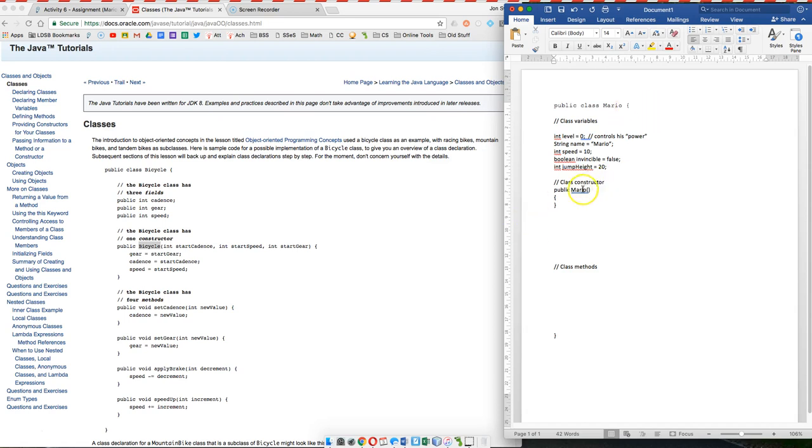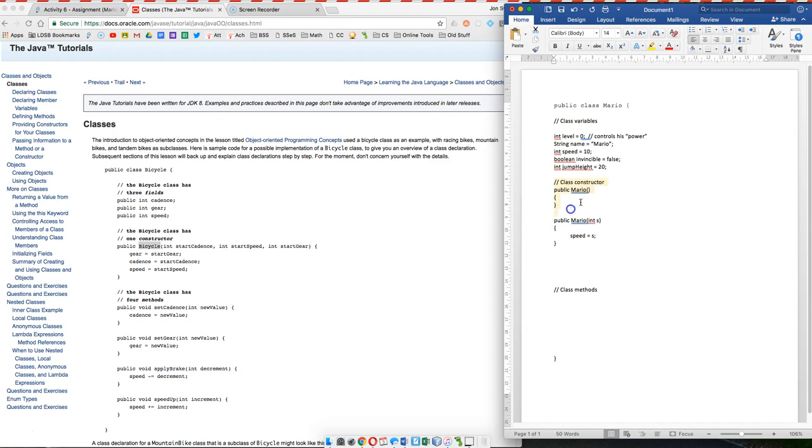So if you made a Mario object using this constructor, all of these values here would be the defaults. So you would make a Mario, and it would have a level of 0, it would have a name of Mario, a speed of 10, invincible is false, and so on. But I could also include a different constructor, and maybe I want to make, for whatever reason, a version of Mario who's going to be faster. So maybe I say, okay, there's also a way you can make Mario by including one parameter, and that parameter is going to be responsible for his speed.